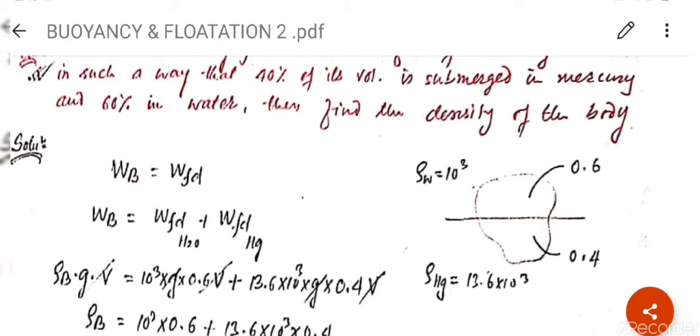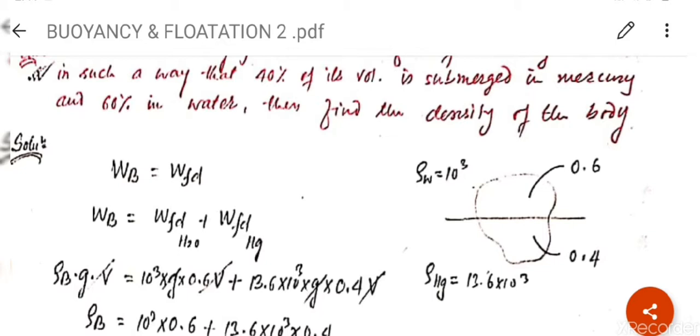60% is in water, 40% is in mercury. Means that complete body is submerged. So what will be the formula to find out the density of the body? We know that weight of the body is equal to weight of fluid displaced, but here two types of fluids. So we can write weight of body is equal to weight of fluid displaced by water plus weight of fluid displaced by mercury. So putting the formula, rho b, b stands for density of body, into